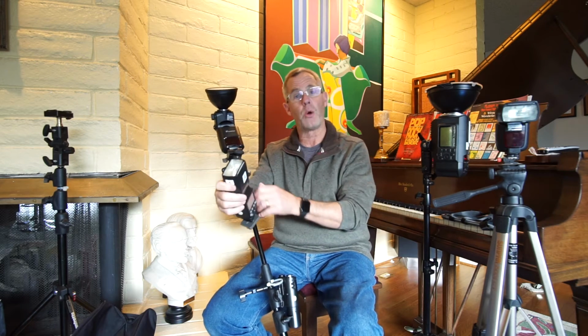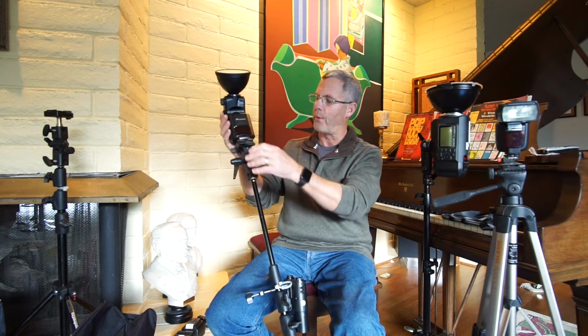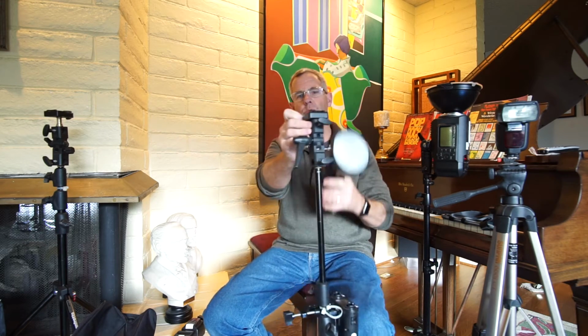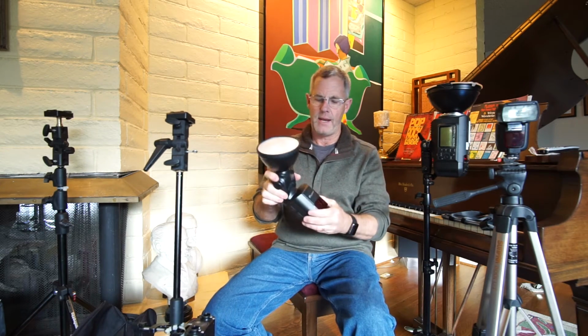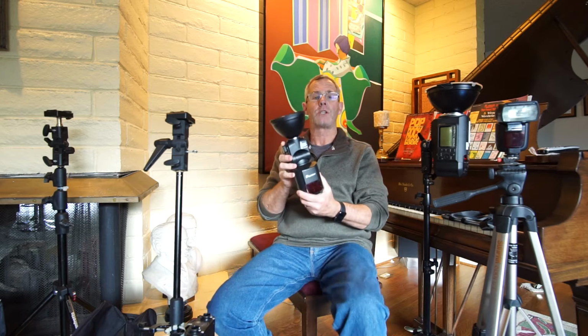And I'm getting all kinds of new gear. I used to just use speed lights for real estate, and I'd use some bigger strobes, but now I've gotten into all these new portable battery operated lights, like this Streaklight 360. And this is just a super light, and this is made by Godox, and it's branded by Flashpoint, which is